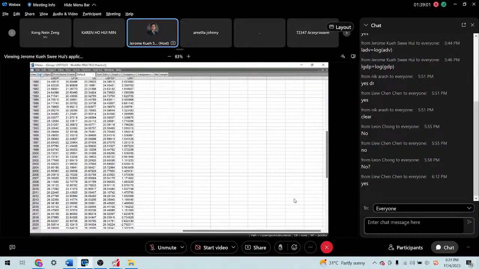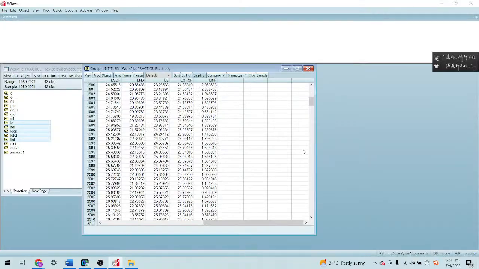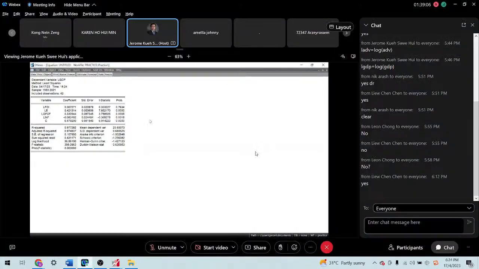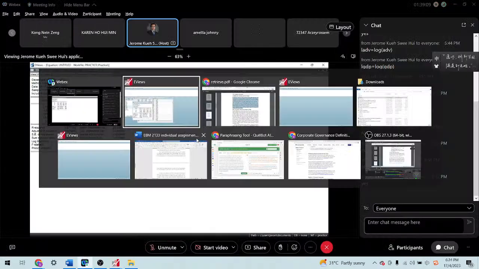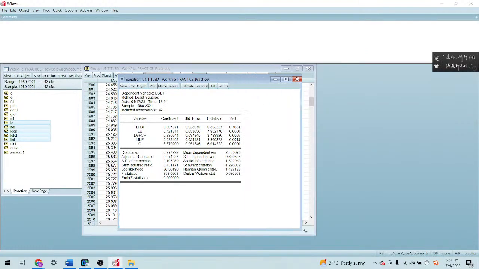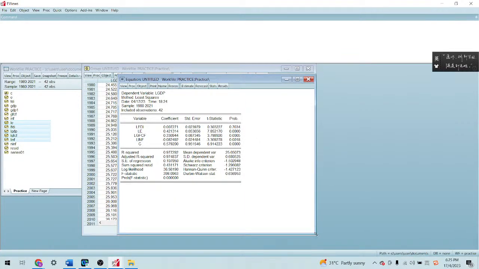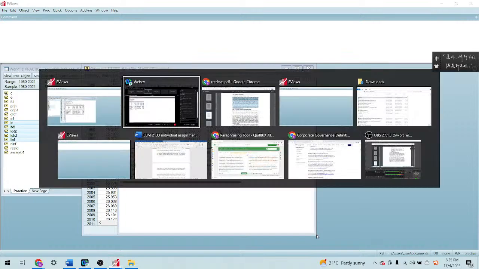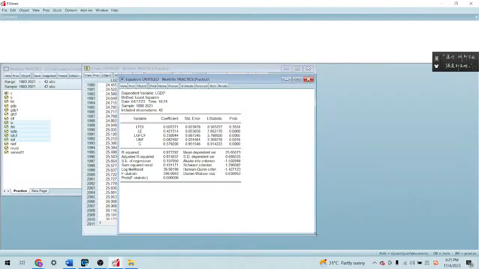Then you go to the prompt here, make equation, and click OK. So this is the result that you will get. This is a multiple regression equation. You have 42 observations. See, R square is very high. Then see this first variable is not significant, and the rest are significant. You need to practice to learn how to do the interpretation, so that when you look at the values here, you will straight away know which variable is statistically significant or not.